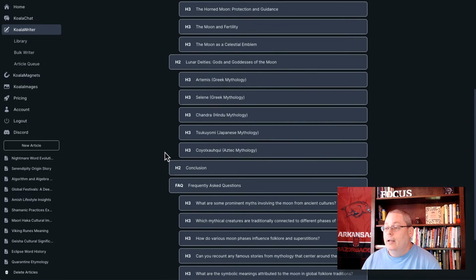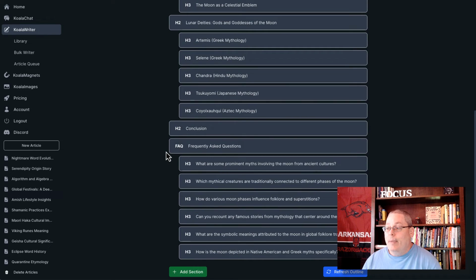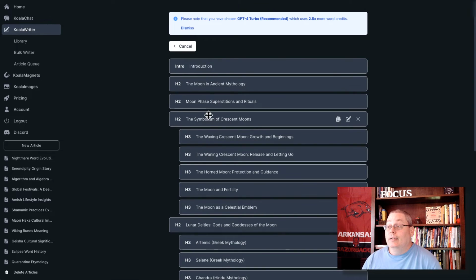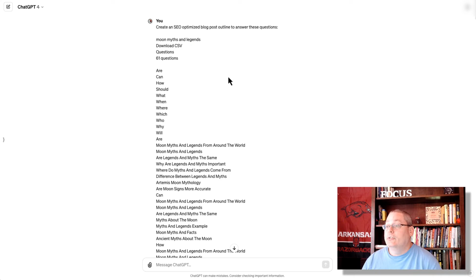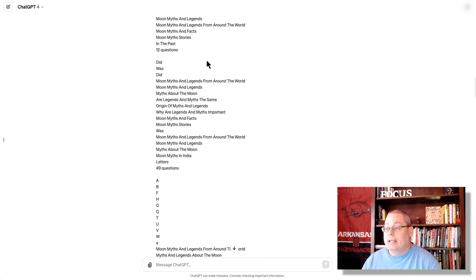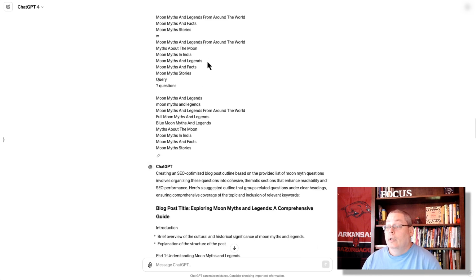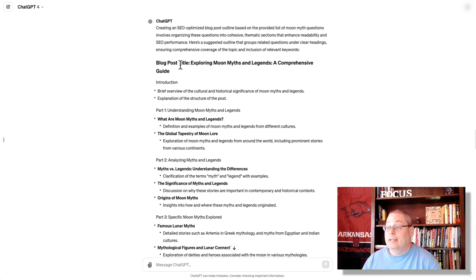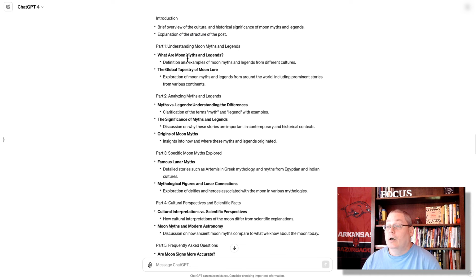And one of the things you can see right off the bat is that Koala did not create the level of outline that we created for this ultimate guide. So we go back to ChatGPT and we scroll down here and you can see the power of taking all these tools and combining them, because now you can see that I've created this SEO optimized outline, which gave me the blog post, Exploring Moon, Myth, and Legends, a comprehensive guide, which gave me all these parts, focused on understanding moon, myths,